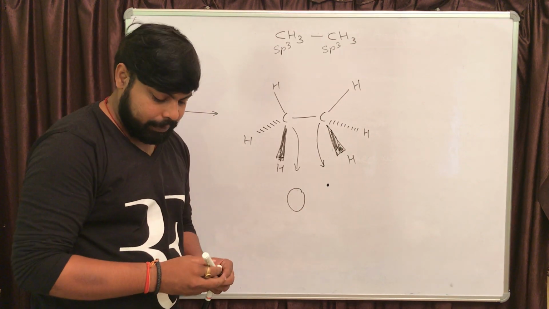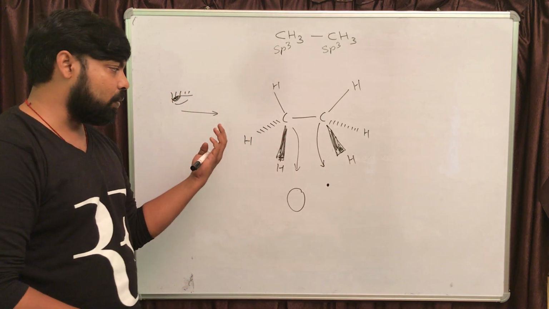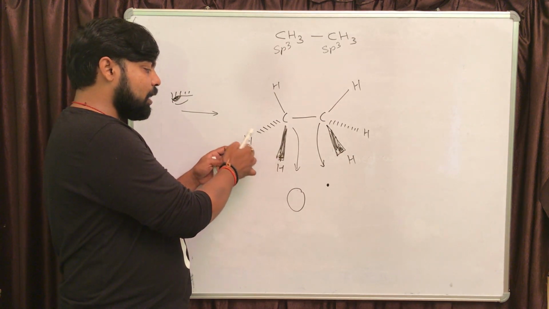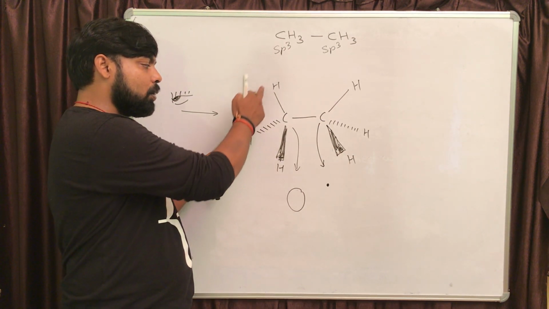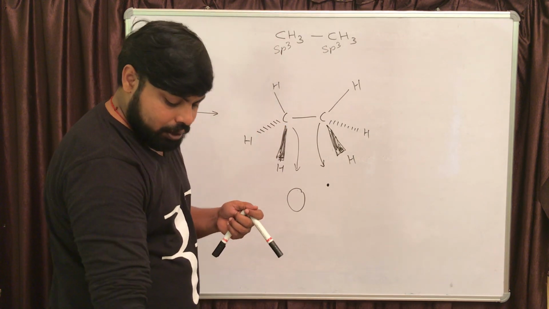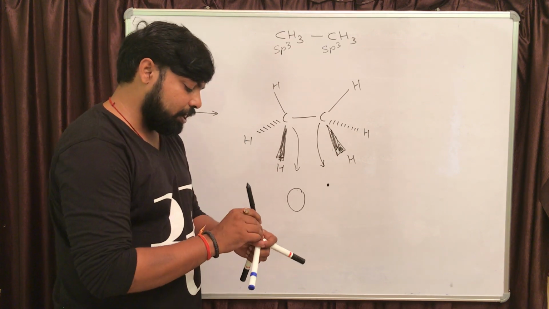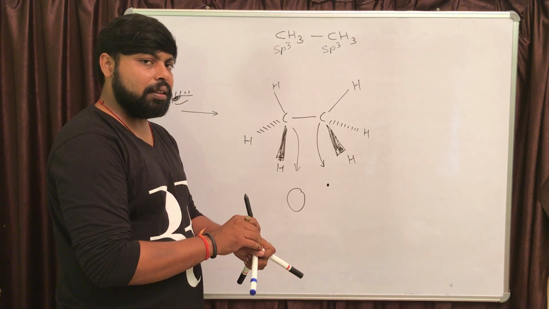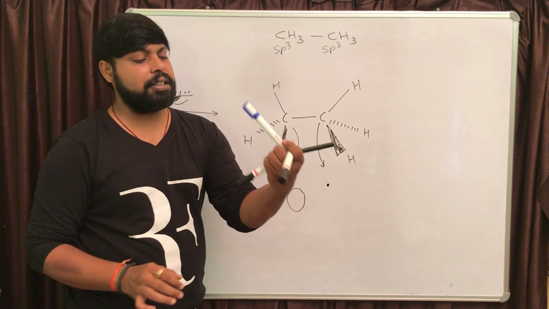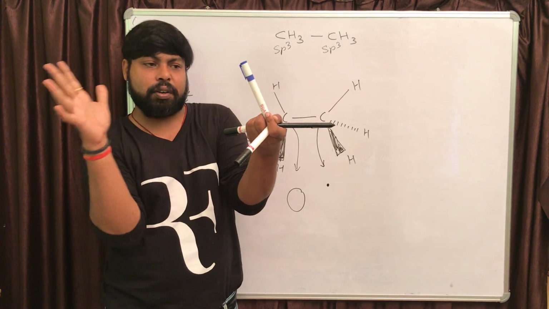And one more thing, let us say you are observing this molecule from the left hand side. The three carbon-hydrogen bonds of the first carbon atom are facing towards the observer. Just take the projection of the three carbon-hydrogen bonds in the plane, right? Let's say this is the first carbon atom and three carbon-hydrogen bonds are facing the observer.